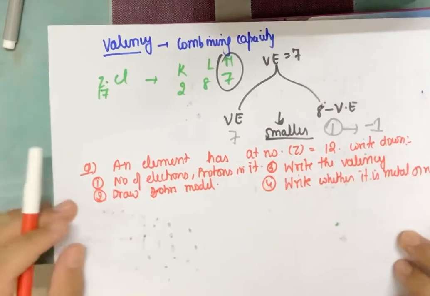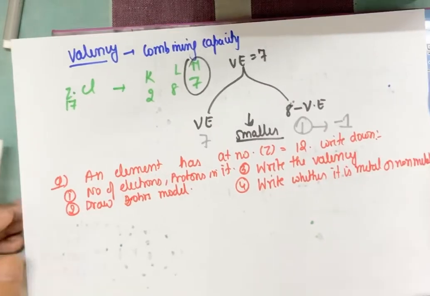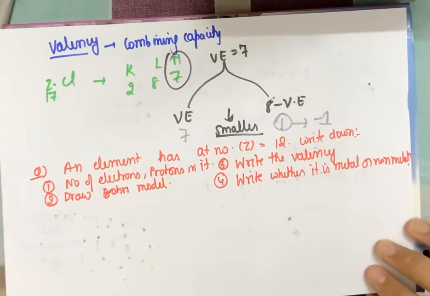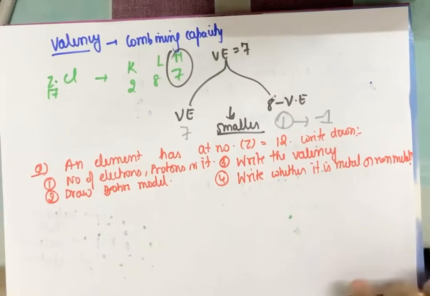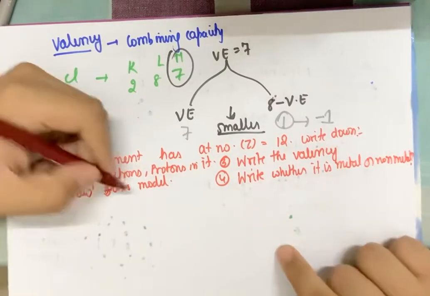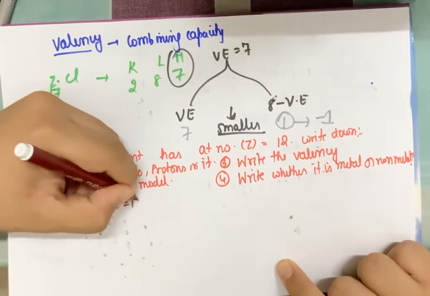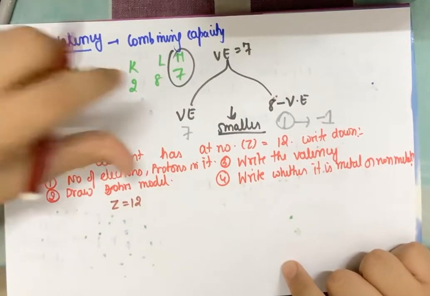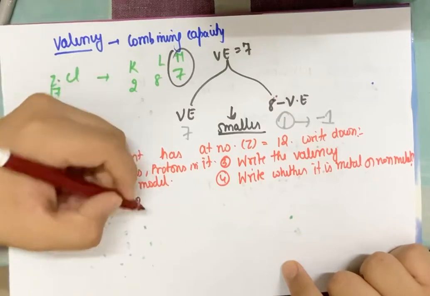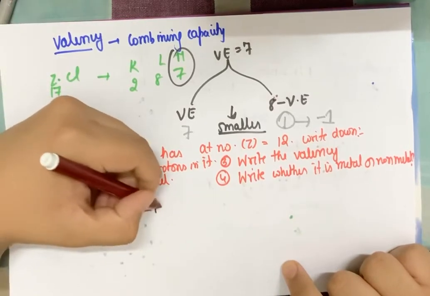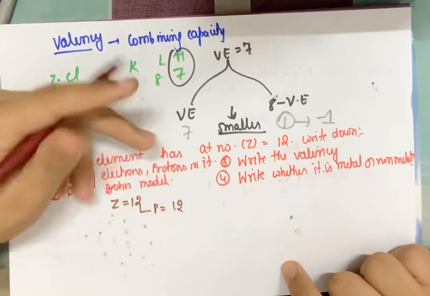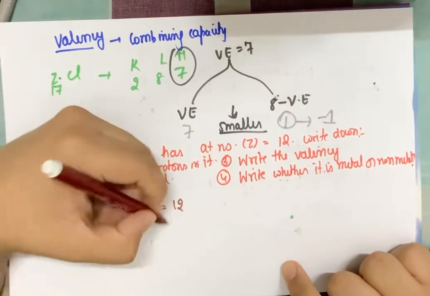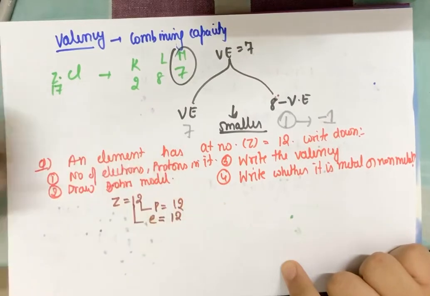Now these kinds of analytical questions are very common from this topic, so it's very important that we understand these questions well. Okay, so let's take up the first thing. Only thing I have been given here is the atomic number, which is equal to 12, and I will do everything with that atomic number. First is number of protons and electrons. Atomic number means number of protons, so number of protons is equal to 12, and as it is an element which is electrically neutral in atom, there is no charge on it, so the electrons and protons are equal, which is equal to again 12.